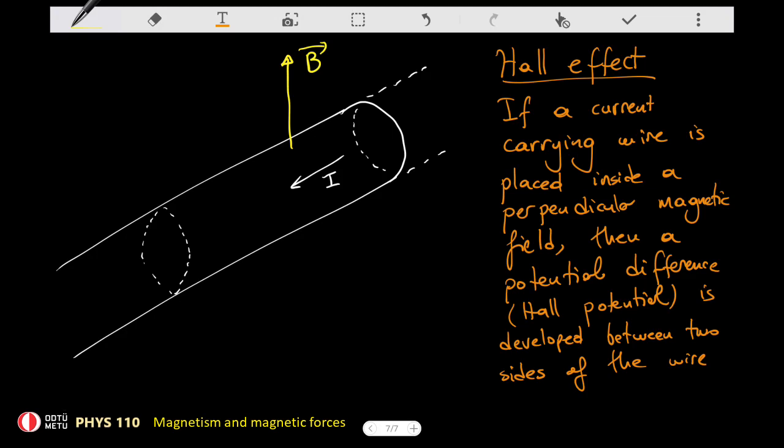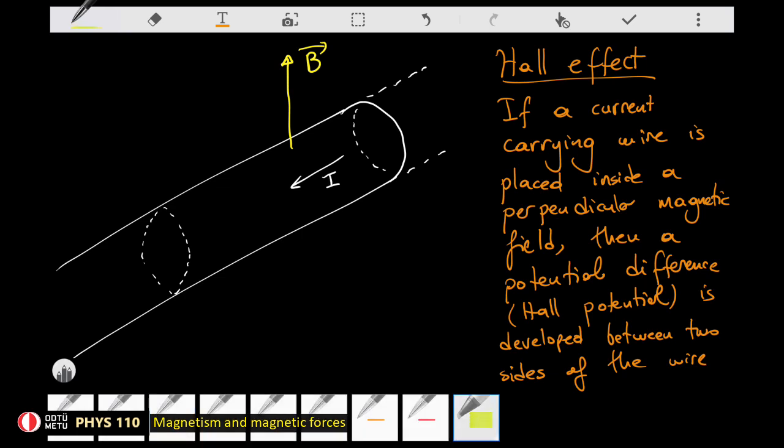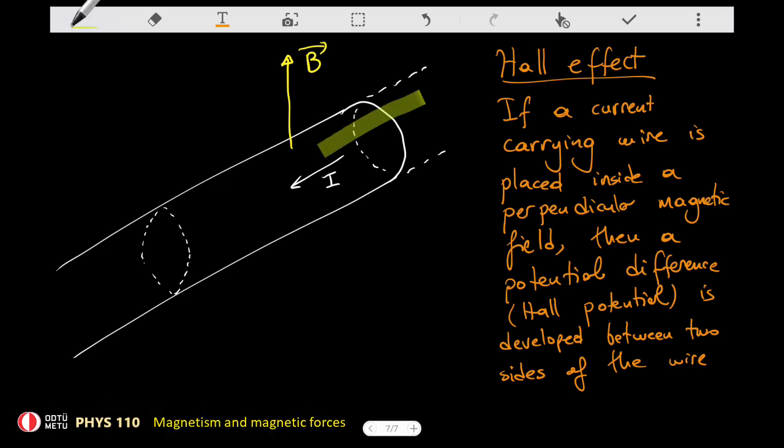We have a current carrying wire. So the wire is like this in here, as shown, right? The wire is like that. We place this wire inside a perpendicular magnetic field. So the magnetic field is applied perpendicular to the wire. In that case, it appears that there is a potential difference across two sides of the wire. So in this diagram, for example, if I connect a voltmeter between these 2 points,